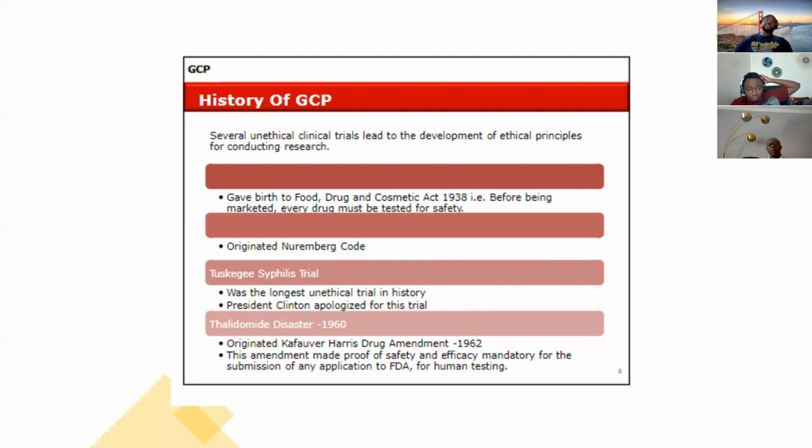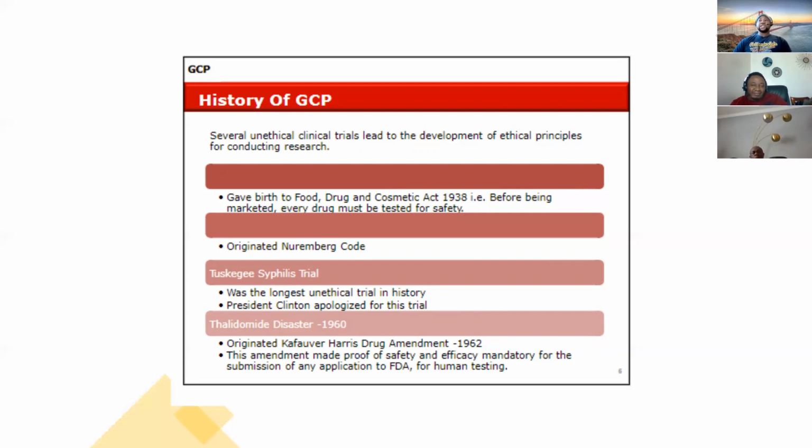The Tuskegee syphilis trial. The Tuskegee syphilis trial is the trial I was just talking about earlier. It was the longest unethical trial in history. Yeah. That's why Black Americans don't want anything to do with clinical trials, exactly. And they hate pharmaceutical companies because, yes, people who have read the history understand that up till now,